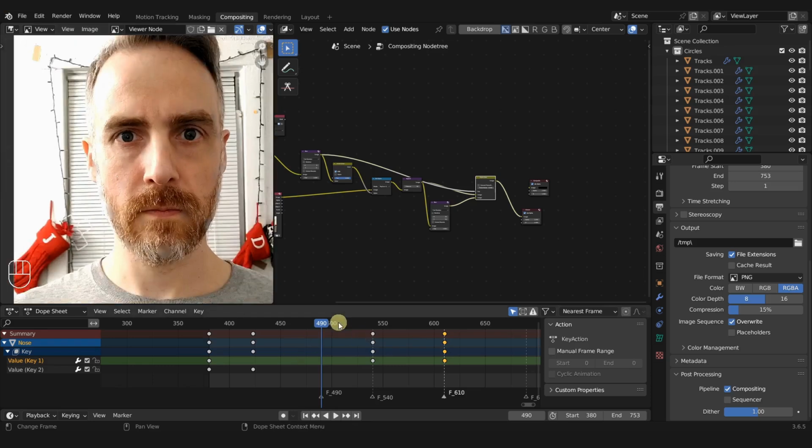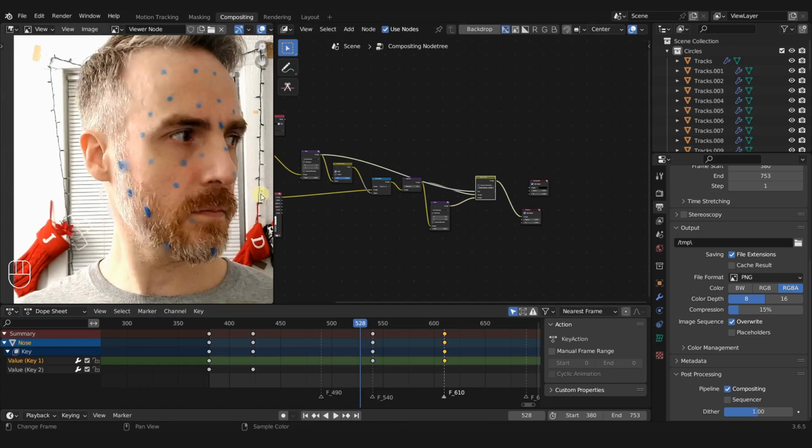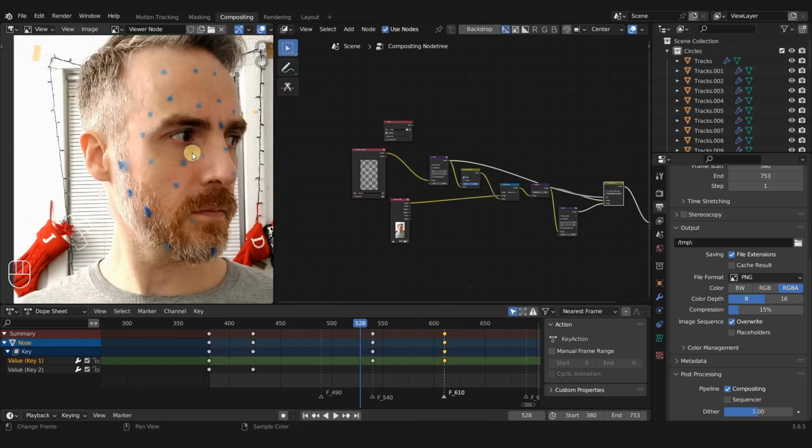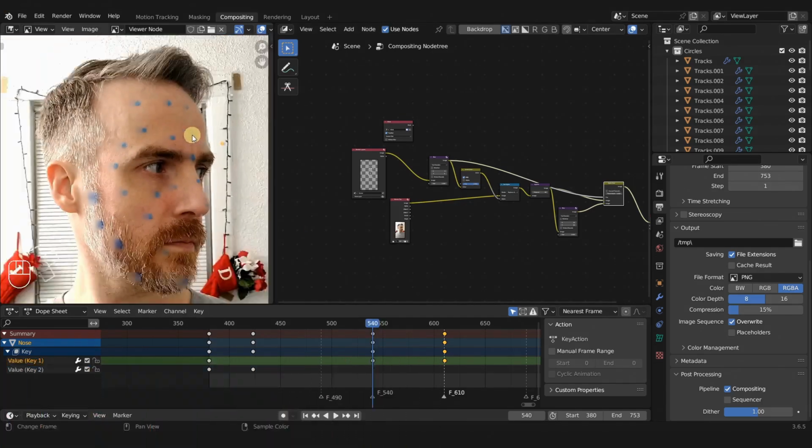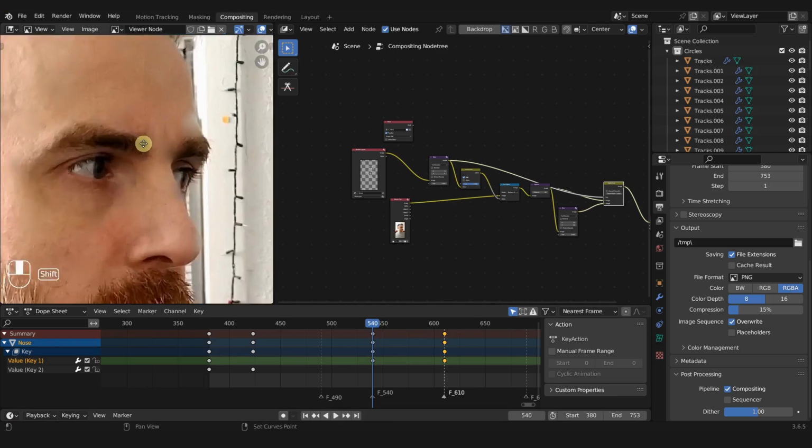The only difference is that when I move on the timeline here, if it's the 3D render layer, it's not going to update automatically. So don't freak out when you go to a different frame and nothing is happening. You just have to press F12 every time you change the frame, and then it will refresh. But you can see we do have some issues over here. If I go to my frame 540 and then F12, you can see where the markers start to reach the